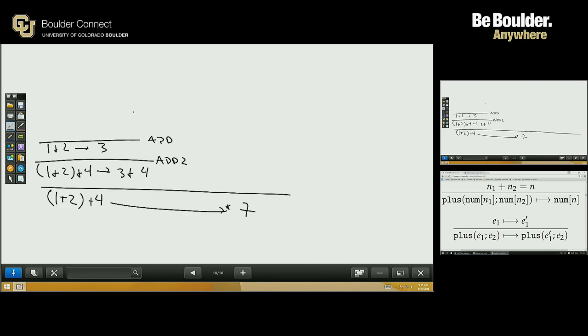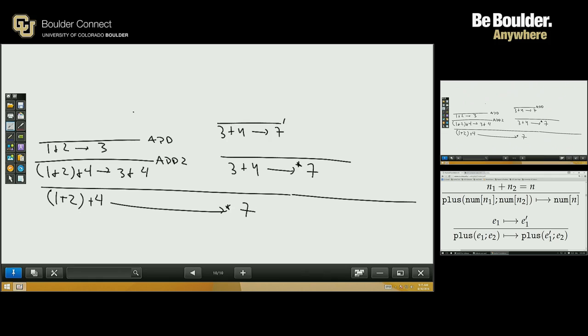Okay, so now I've got the program state to 3 plus 4. So I can try to prove that 3 plus 4 steps in multiple steps to 7. And if I do that, then I'm done. Does everyone see that I'm done if that's the case? Right? So what should I do now? I should take one more step, right? So 3 plus 4 steps to 7. That's by this single original add